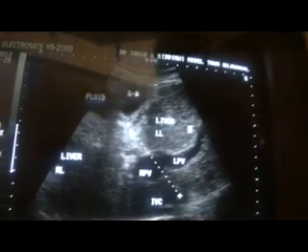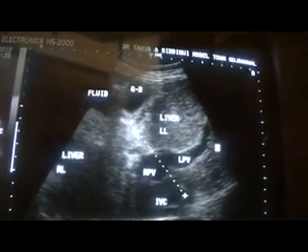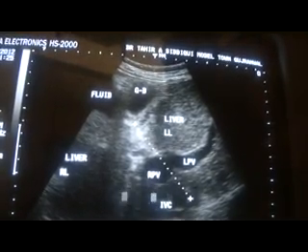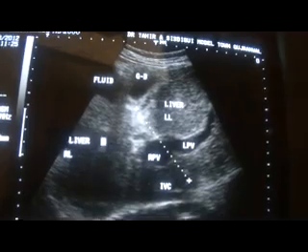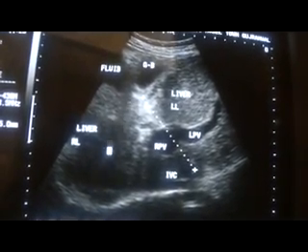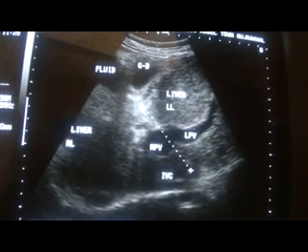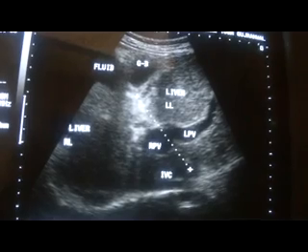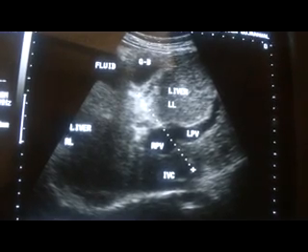In this video segment, this is the right lobe of the liver, this one, and this is the gallbladder, this is a small amount of fluid, this is the left lobe of the liver, in which you can see the left portal vein, this is the right portal vein, and this is the IVC, this is the diaphragm. When we see this, now see that